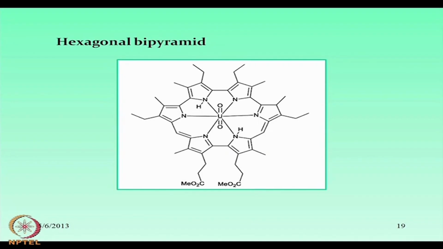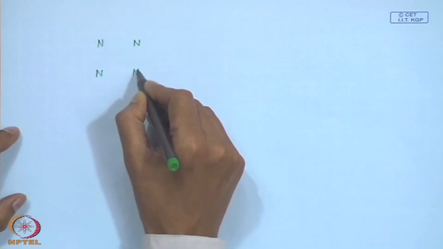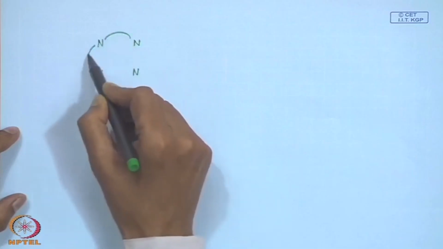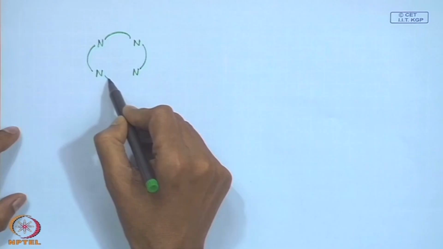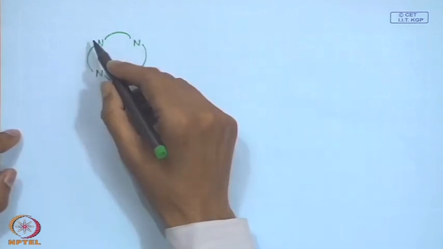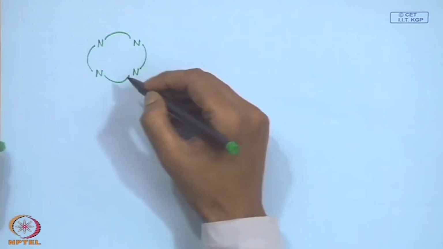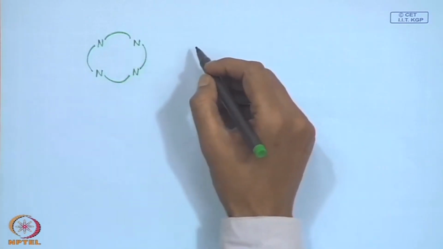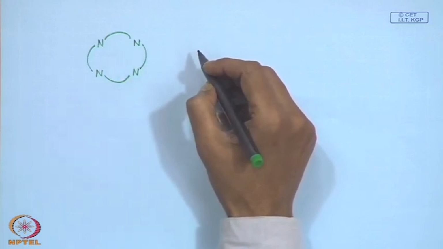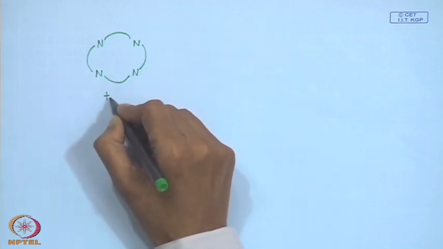Most of the time, we can derivatize the thing, that means if it is a nitrogen based system, we can go for simple derivatization of these nitrogen positions, or through some Schiff base condensation or some other tetrapyrrole type of condensation reactions, we can move from this tetradentate ligand